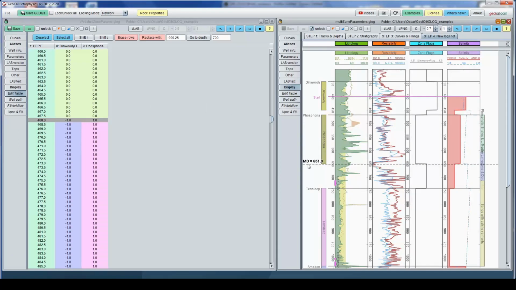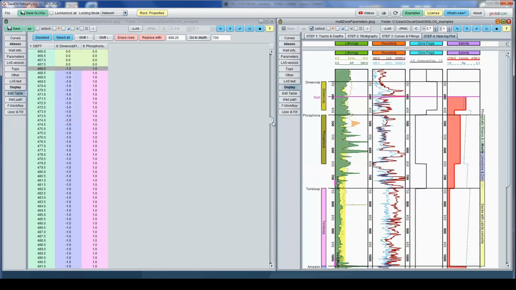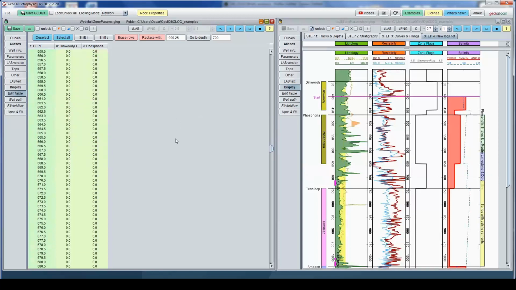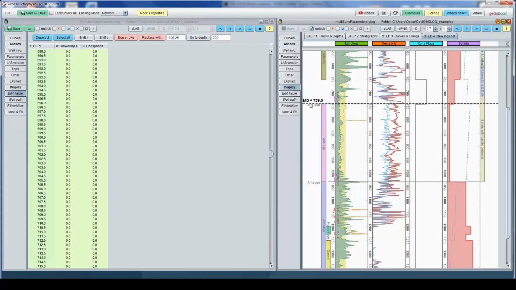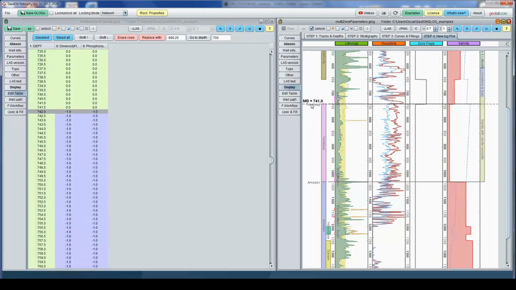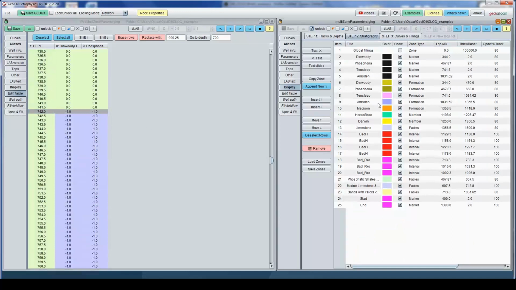Okay, you go deeper. You reach more or less these depths, and what it does should be zeros. Let's go down. Okay, 0 for both the Dinwoody flag and Phosphoria. So it's zeros. It means I do not know if there is a Dinwoody or Phosphoria. I do not know anything. Maybe a different thing, but so far I do not know what is there in the stratigraphy. You go deeper, and then you hit Tensleep around 740, and that's it. 742. It starts Tensleep. You see the stratigraphy.